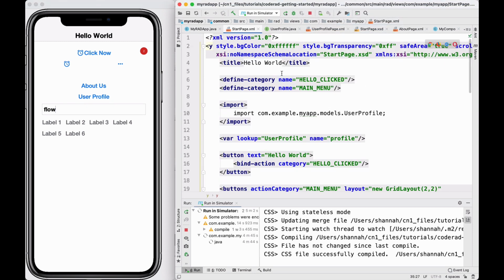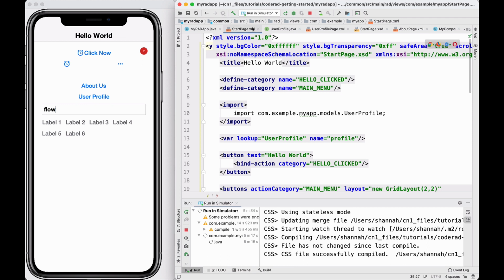So far, our examples have involved only views of single models. Most apps involve list views where multiple models are rendered on a single view. For example, in mail apps that include a list of messages, each row of the list corresponds to a distinct message model. CodeRAD's Entity List tag provides rich support for these kinds of views. To demonstrate this, let's create a view with an entity list. The contents of the view will